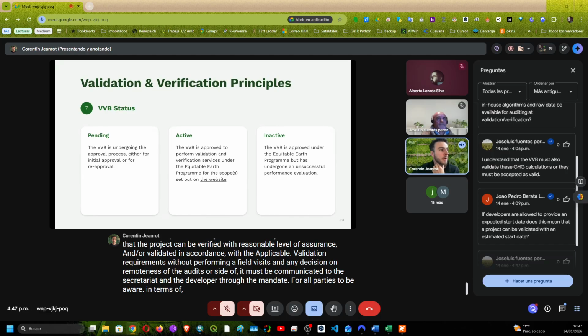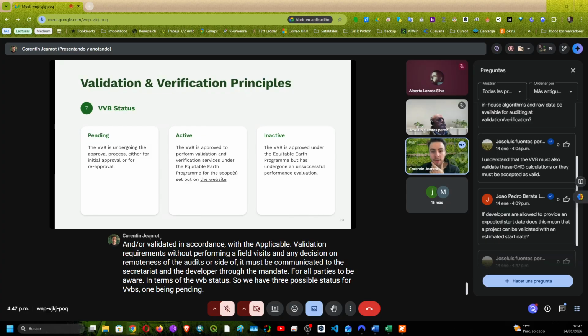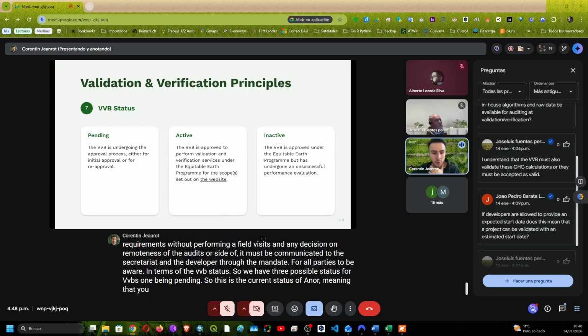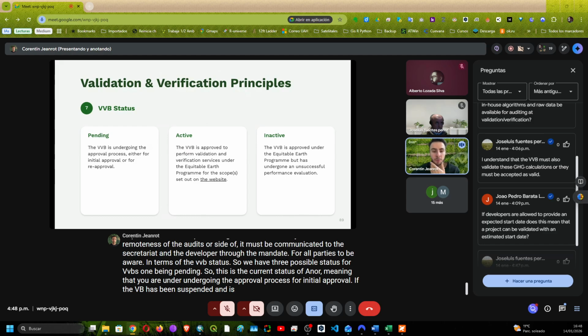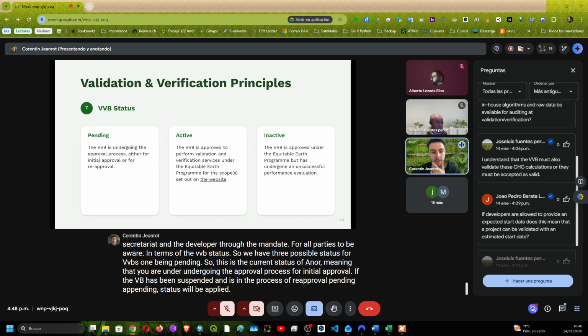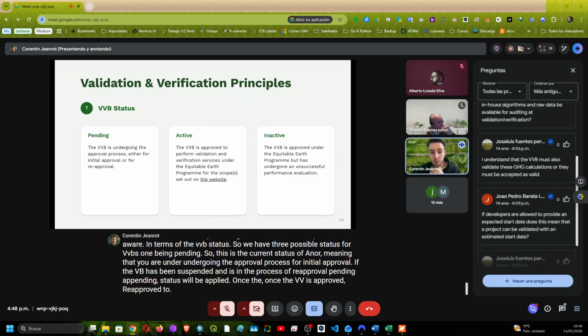In terms of the VVB status, we have 3 possible statuses for VVBs, one being pending. This is the current status of ANOR, meaning that you are undergoing the approval process for initial approval. If the VVB has been suspended and is in the process of reapproval, a pending status will also be applied. Once the VVB is approved or reapproved to perform validation or verification services, the VVB status is changed to active